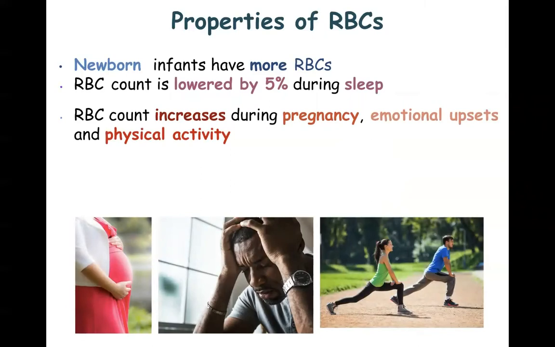When a female is pregnant, she has a greater energy requirement for the growing fetus inside her. That means the RBC count needs to increase. When somebody is emotionally upset, at that time, the heart pumps more blood, and the bone marrow will be forming more RBCs to counter the emotional disturbance which has